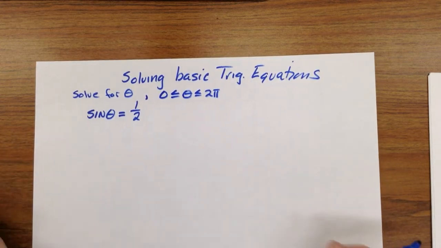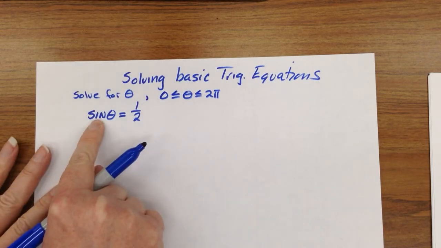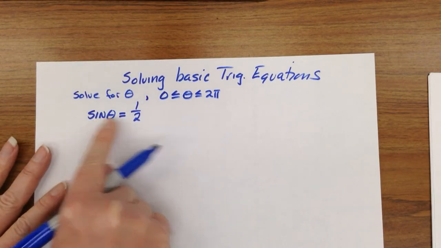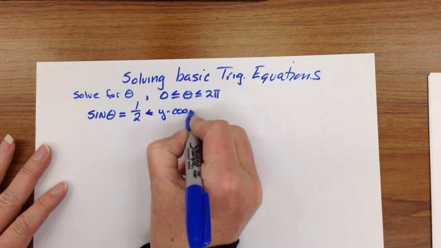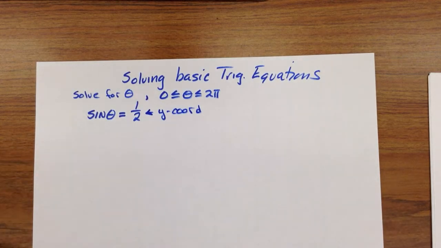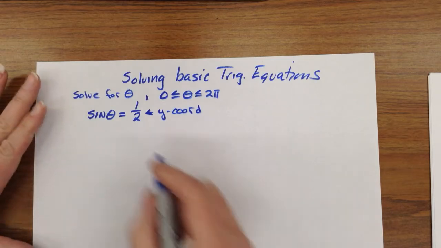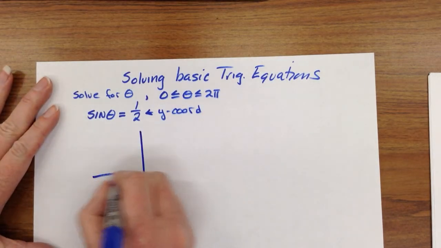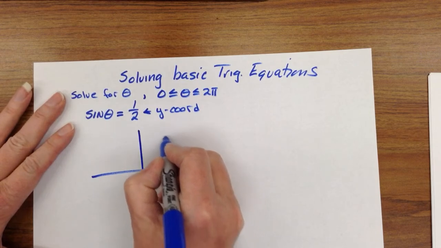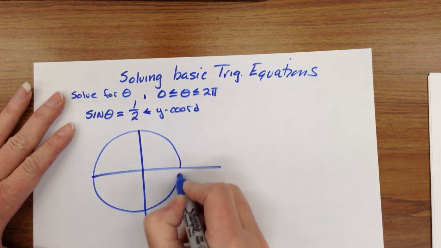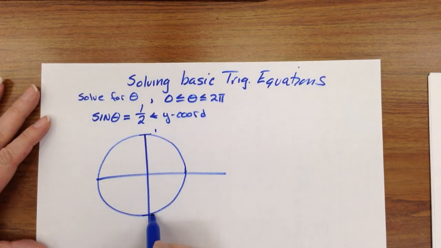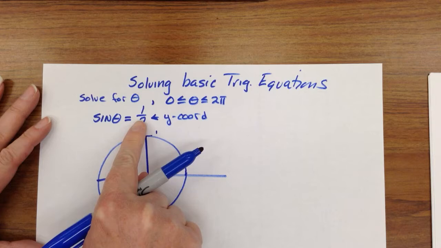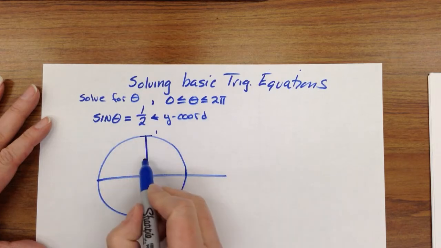All right, so here's what this means to me. Because this is sine, it says sine right there. That makes this the y-coordinate of a point on the 1 unit circle. Well, let's draw a circle. Now if this is a 1 unit circle, the highest up we can go is 1, the lowest is -1. So if we have a y-coordinate of a half, I am looking